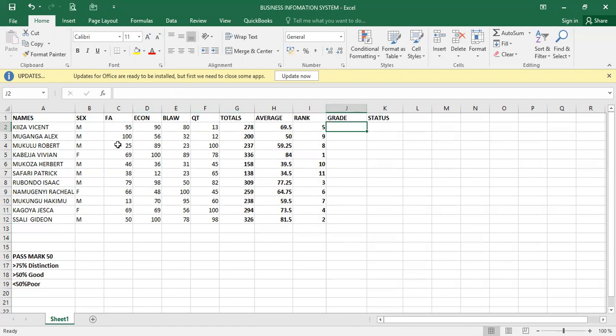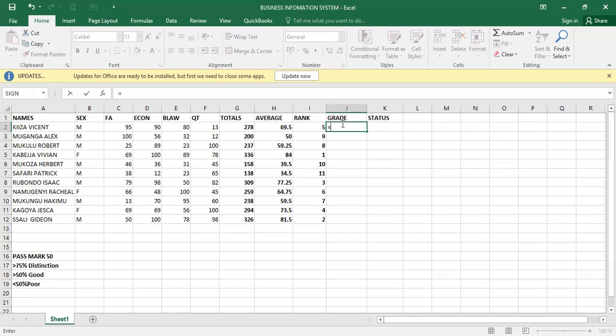You can be grading by this, because when we are grading, they gave us a pass mark and the pass mark was 50. So we want to find out how many people have passed. If they say the pass mark was 50, we want to know the people who have passed and those who have failed. But this one, we are taking the people who have passed in the whole of these papers, not only one. So here